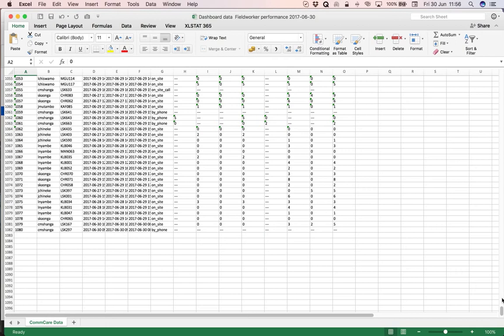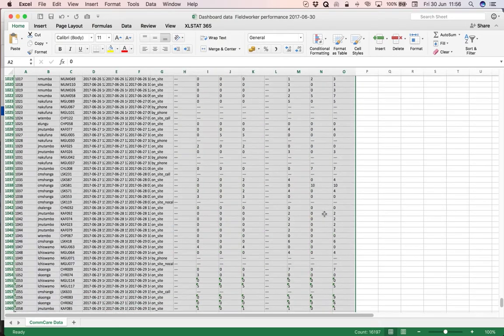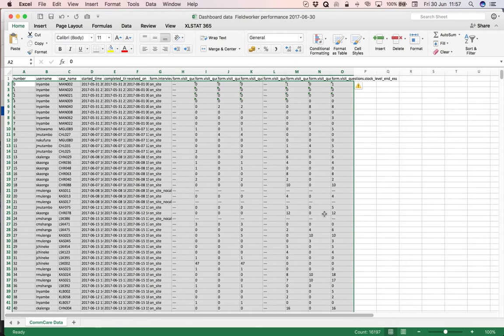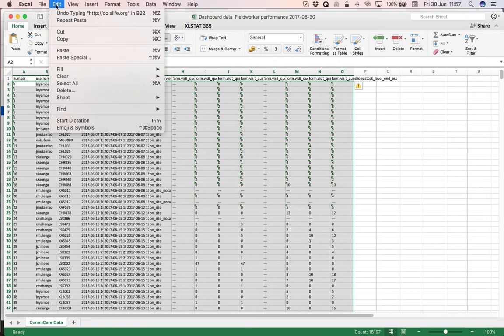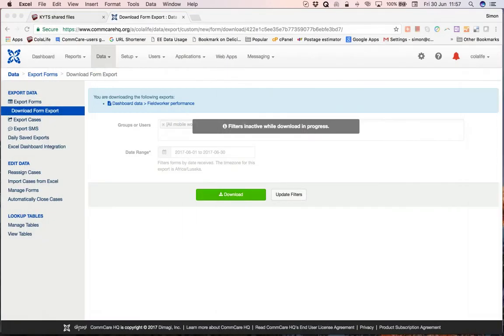Hold down the Shift key and click in the bottom right-hand corner of the data to select all of the data. If you like, you can go back up to the top just to make sure you have selected it all, and we have, and then we copy it. Edit, copy. So now we're finished with this spreadsheet, and we can move it to one side,